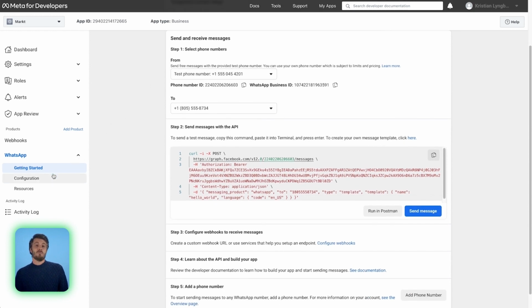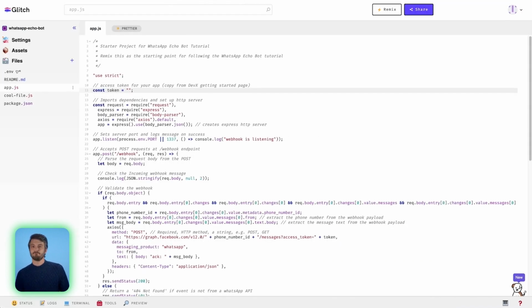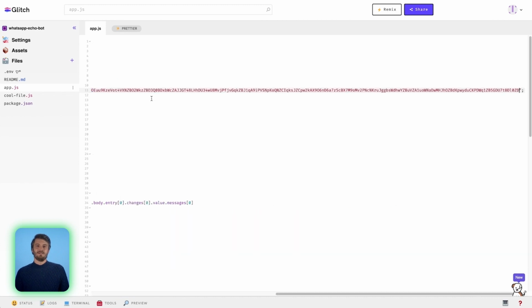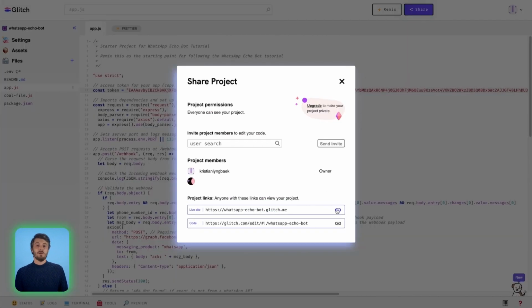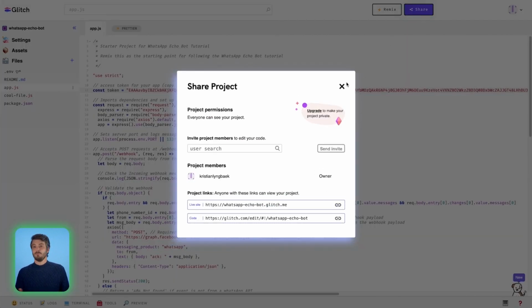I happen to have my webhook server running in the hosted service Glitch with some simple application logic. You can see that right here. It simply receives a message and echoes it right back. Now, let me quickly copy over my auth token to get it working with this app. And while I'm here, I'll copy the webhook URL so I can connect it back to my app.